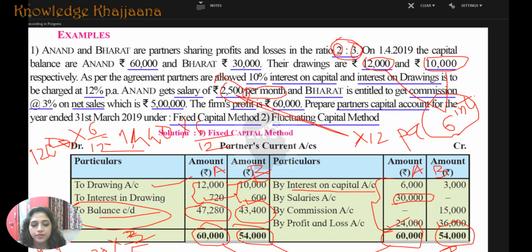partnership by maintaining fixed capital. Under the fixed capital method, we have to maintain the partners' capital account and partners' current account. In the capital account, only the entries regarding new capital brought in, extra capital brought in terms of cash or asset, are made on the credit side, and on the debit side only big, permanent withdrawals are deducted. All remaining entries, day-to-day transactions and other entries, are done in the partners' current account. A separate account is made.